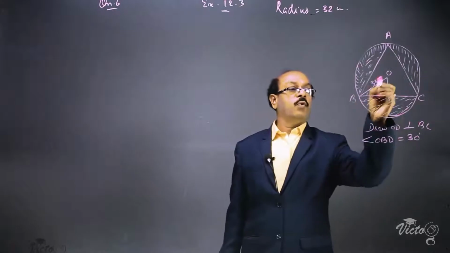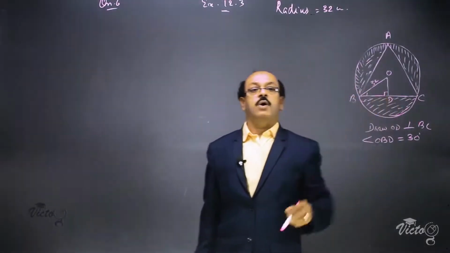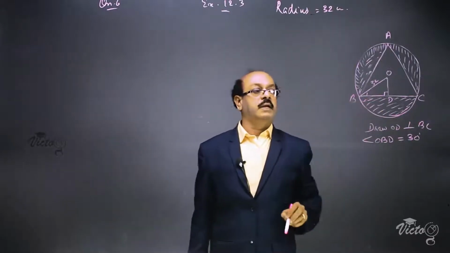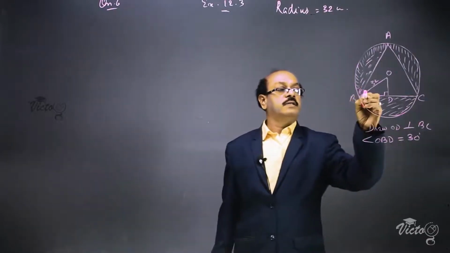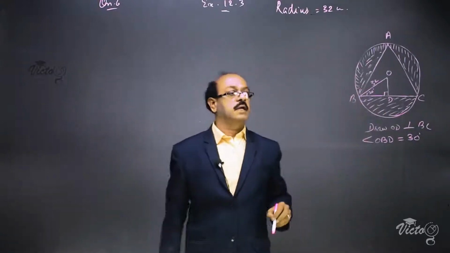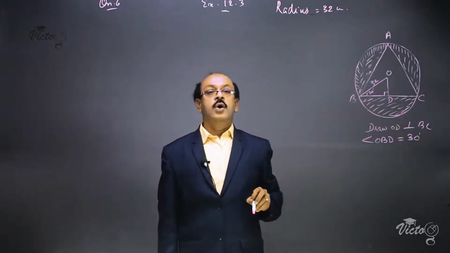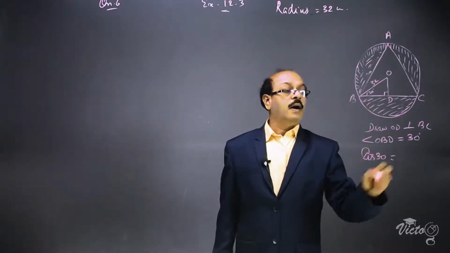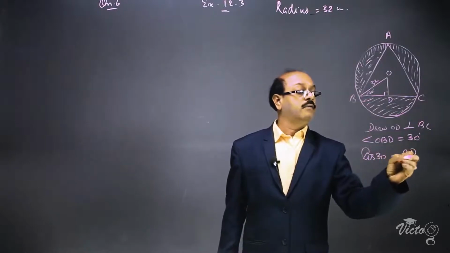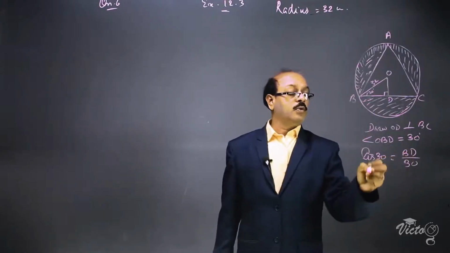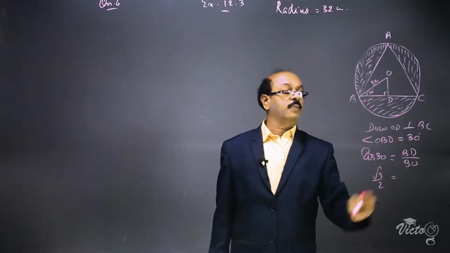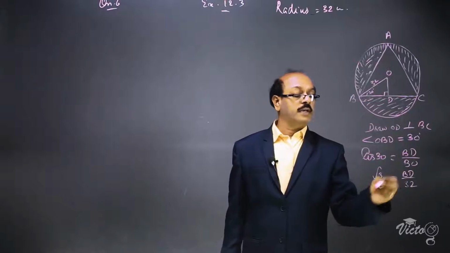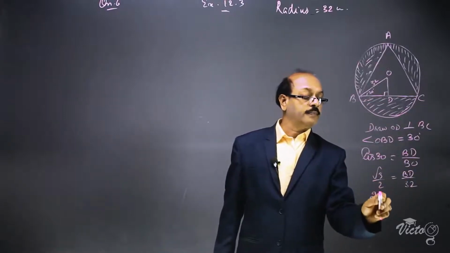Now the length of OB is known, that means the hypotenuse is known. We have to find out the length of BC. For that, we have to find the length of BD. BD is the adjacent side to the 30 degree angle. So we take the trigonometric ratio cos 30. Cos 30 is equal to adjacent side BD divided by hypotenuse BO. The value of cos 30 is root 3 by 2, and BD divided by BO, which is 32. Cross multiplying, 2 into BD